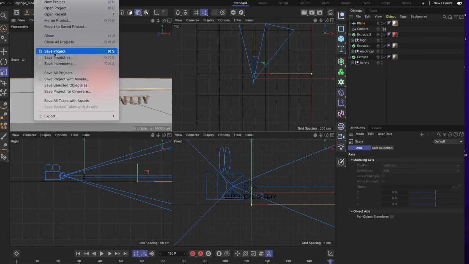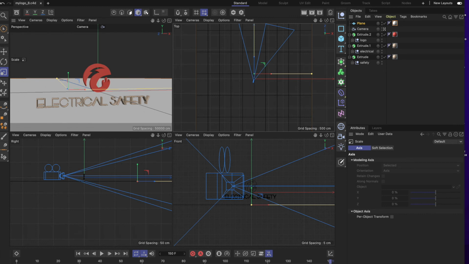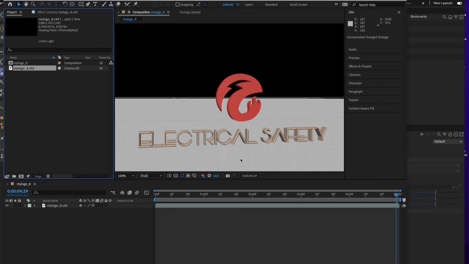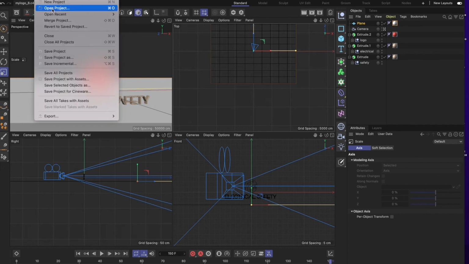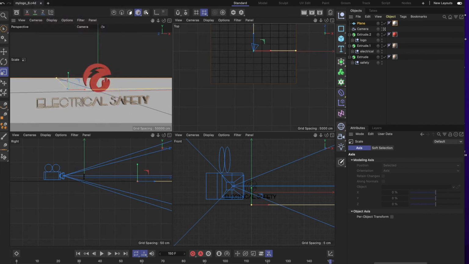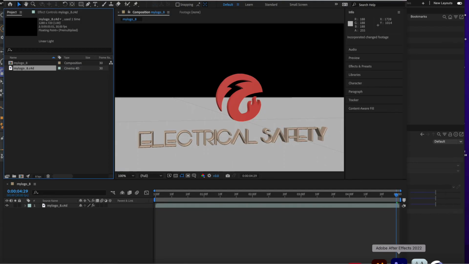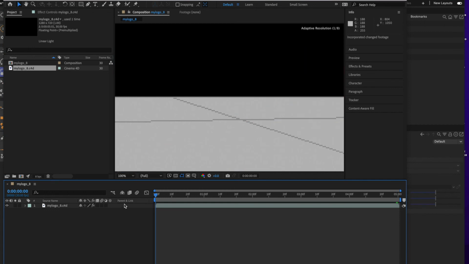Okay, so again, save the project and then go back to After Effects. Just a little bit more. I think that is enough. Okay, so if we pre-render again,